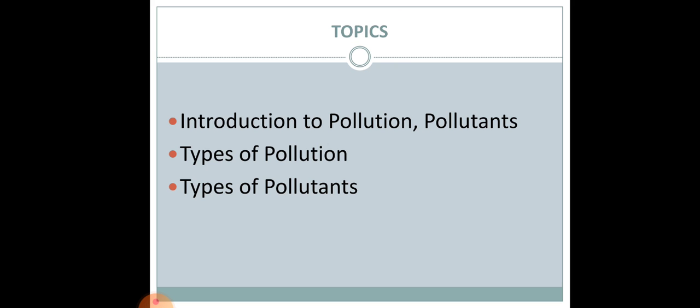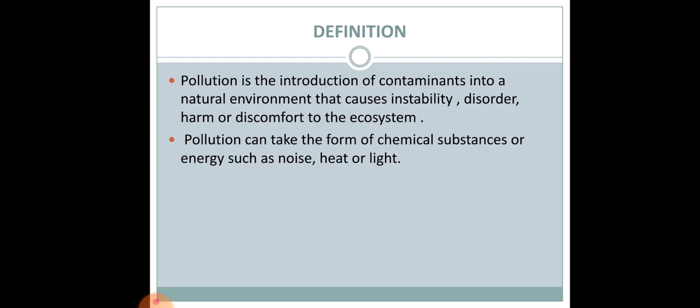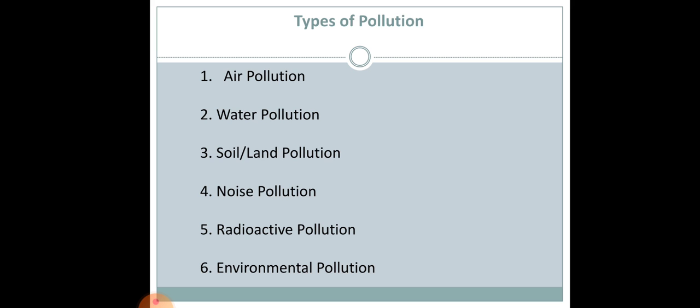Introduction to pollution and pollutants. What is pollution? Pollution is defined as the introduction of contaminants into a natural environment which causes disorder, instability, or harm or discomfort to the ecosystem. Pollution can be in the form of chemical substances or energy such as noise, heat or light. These are the different types of pollution: air pollution, water pollution, soil or land pollution, noise pollution, radioactive pollution and